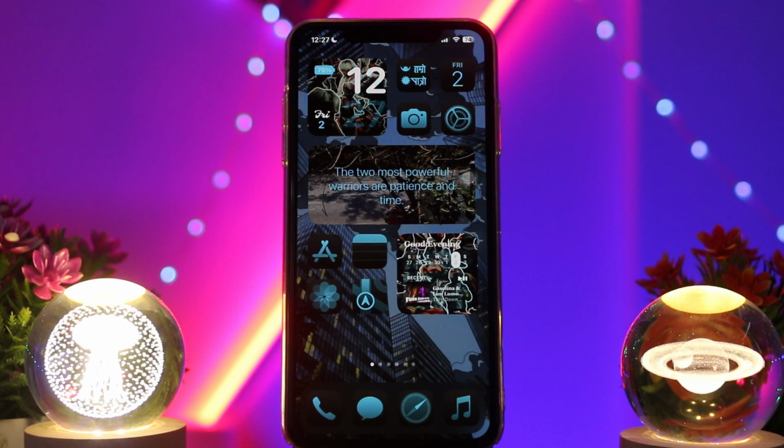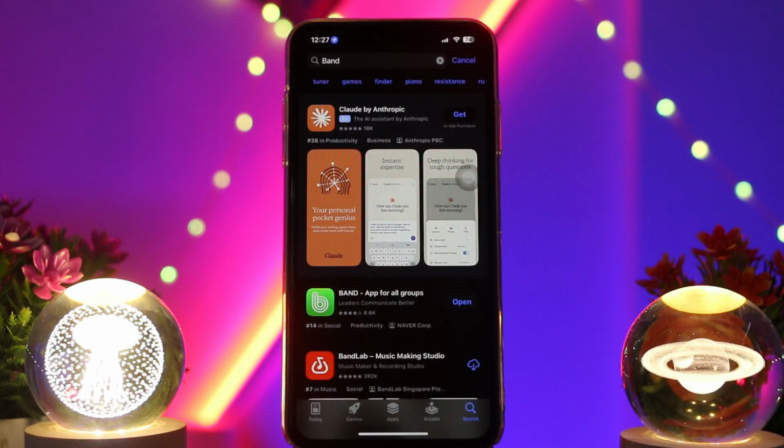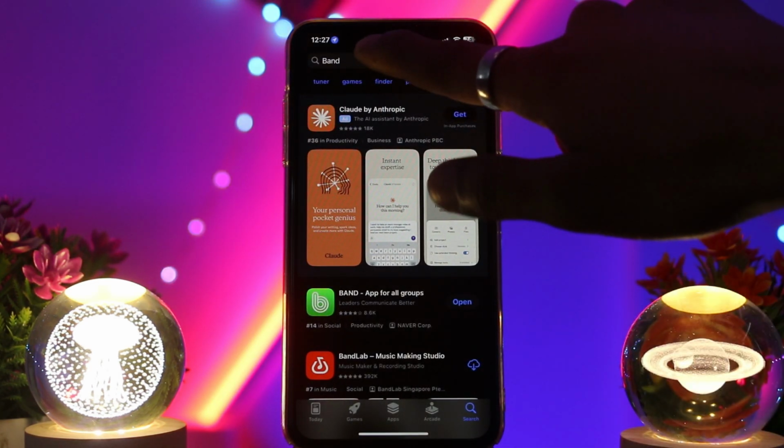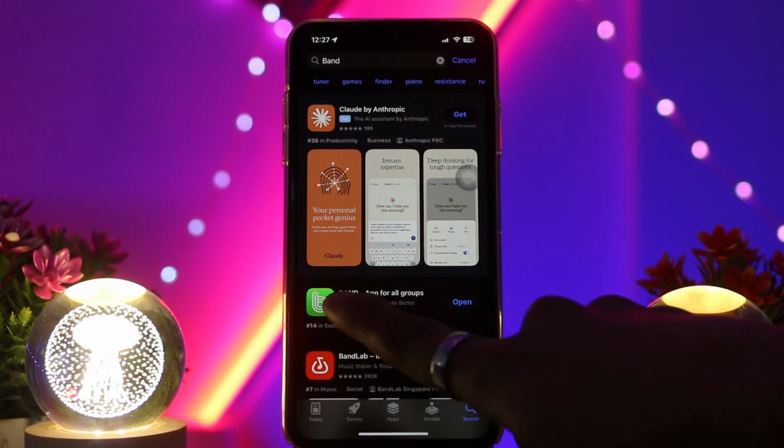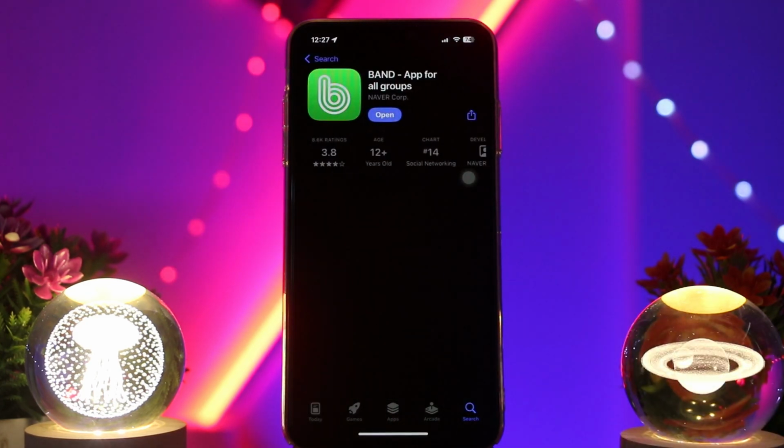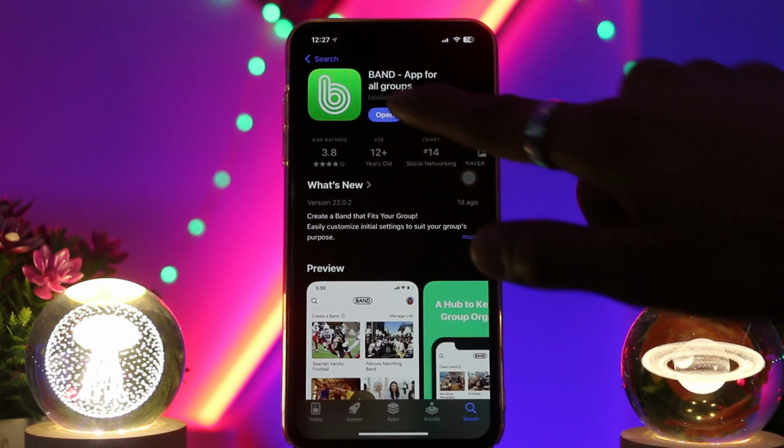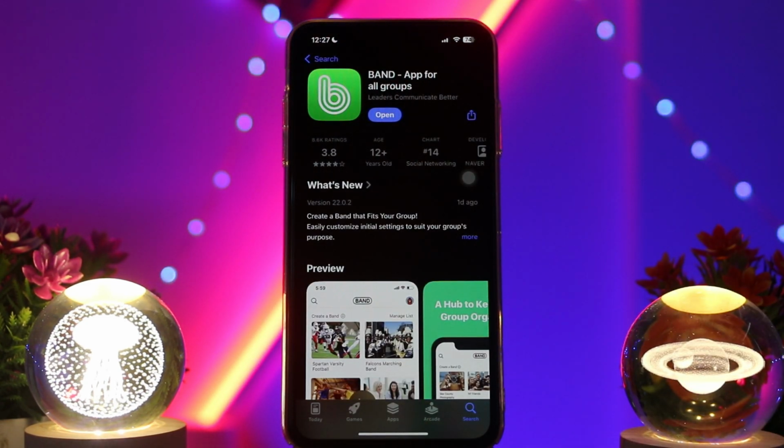If you don't have the Band app, what you need to do first is head over and open up the App Store. Then on the search bar type in Band and look for an app icon like this on your search list, then tap on it. Inside you'll find the Get button, simply tap on that and then follow the on-screen prompts to successfully download the